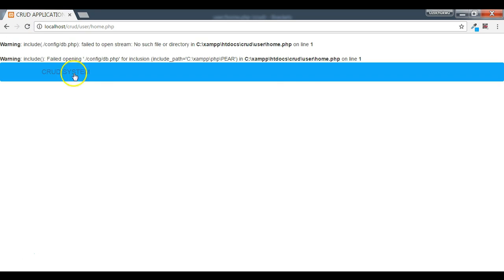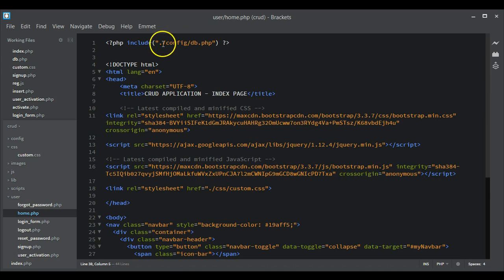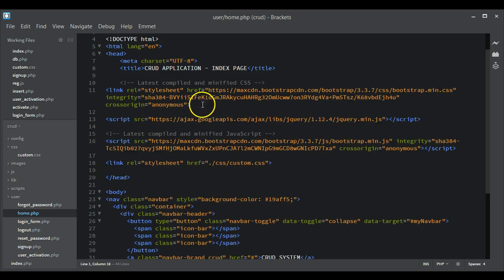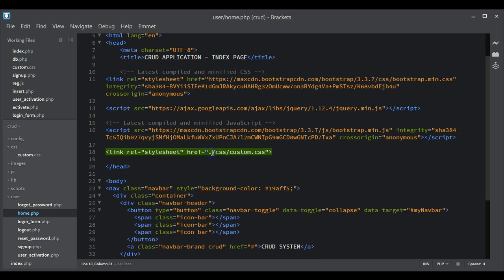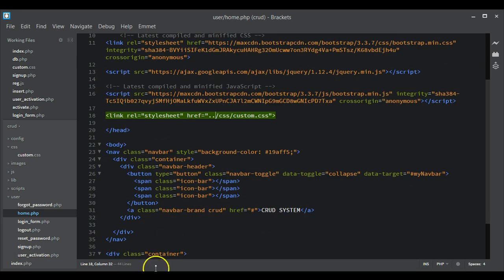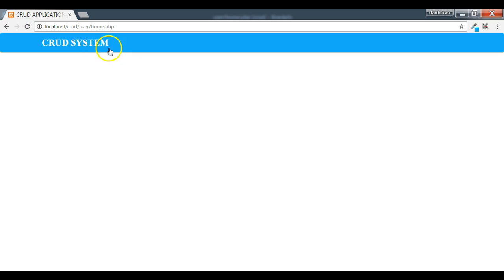If we refresh this, now we have this, but we're having some errors. The reason is that we cannot access this db.php file that we have in the config. If you look as well, we are not having access to the CSS file. So we go back to our page. Here at the top, we need to go one directory up. So we add dots to get access to this db.php inside the config folder, and we do the same for the CSS. The reason is we are going out of the current folder then into a new folder, so we need to add two dots with a slash. If we go back and refresh, we see now we have access to the